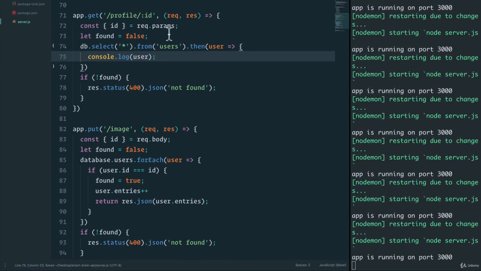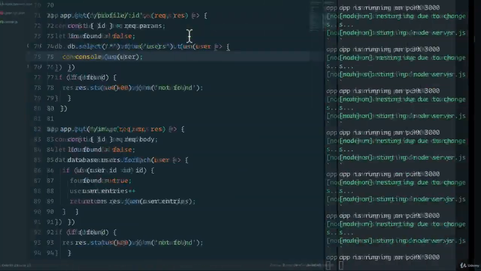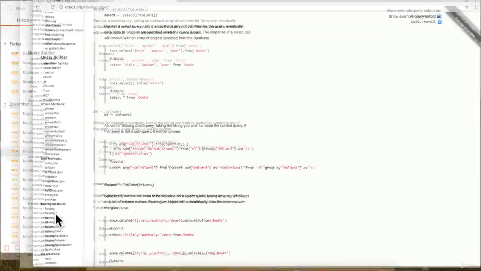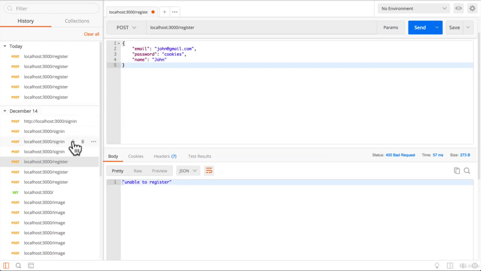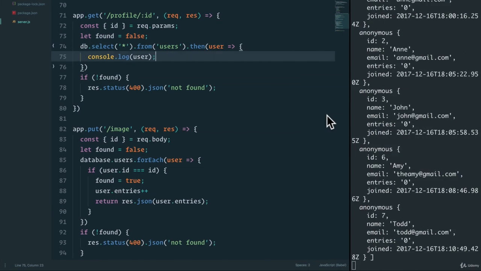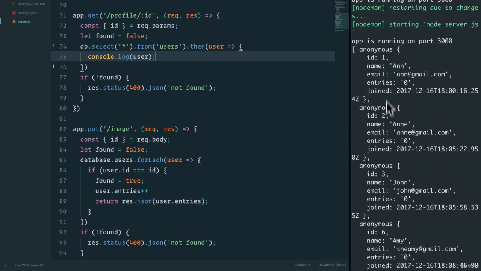Let's go to profile/:id. And remember, if we go back to our database, we have IDs 1 through 6. So let's just do ID 1. Using our Postman, we will grab a profile. Let's see if we have one of these here. There you go. There's a GET request. And we'll do profile/1, send. And if we go back to the console, all right, we're getting all our users. But remember, with profile ID, we want to make sure that it is the ID and not every single user that we're grabbing. So we can simply say .where,